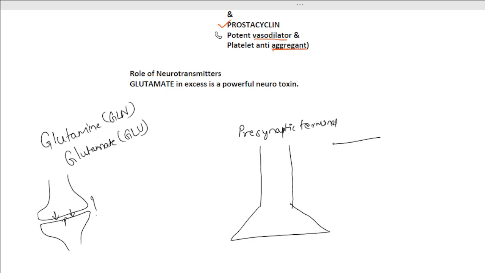Just 1 minute. I'll just make a simple diagram to make you understand. It will be easy for you. So this is the presynaptic terminal, okay, and this is an astrocyte, one of the neural cells. Okay, you know very well, glutamine